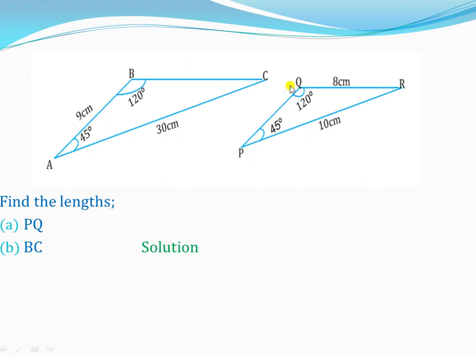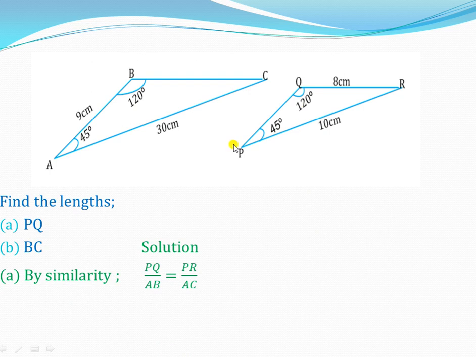Now PQ, as you can see, is here. It is also okay to begin by considering the small figure, then you end up with a bigger one. In the previous two examples, we always started with a bigger figure, but the vice versa is also true. So if I'm looking for PQ, I will simply compare PQ with AB, as you can see. Then after that, I'll look for two given sides which have all the given information. And because we have all the given information, we shall use it to look for PQ, PQ being an